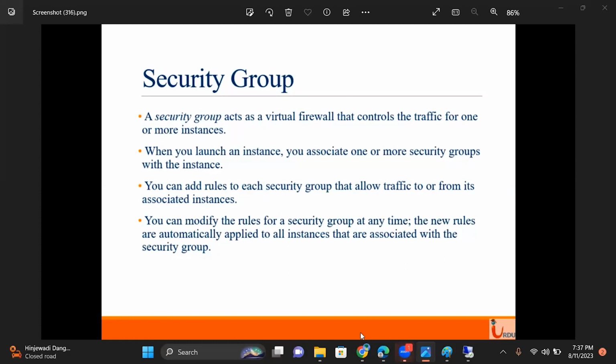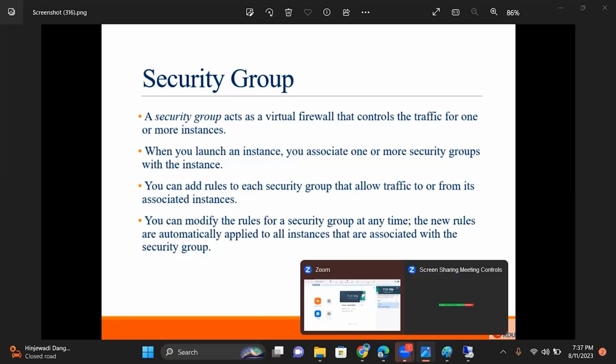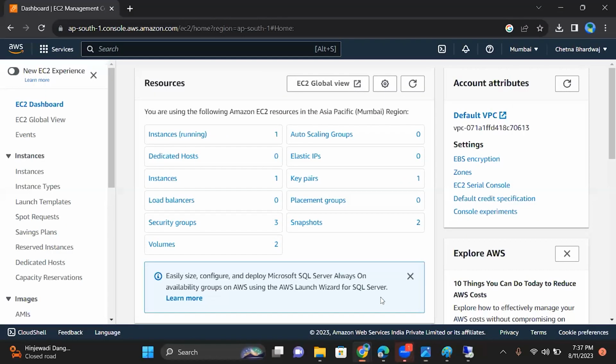Okay, we will move towards the next topic. Attaching of